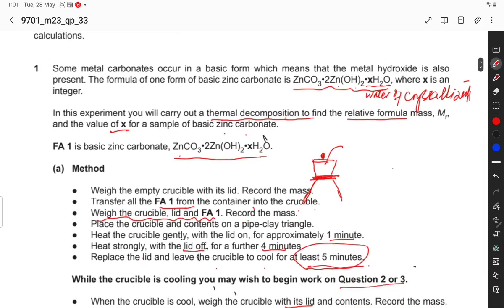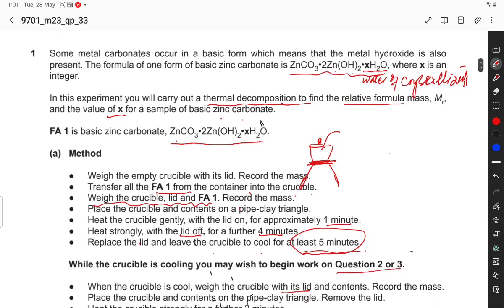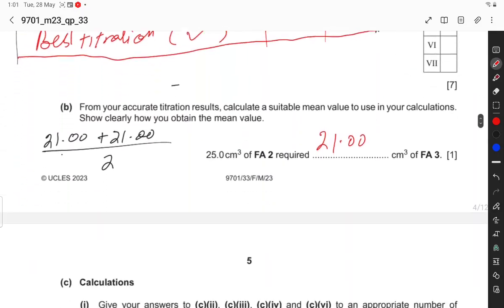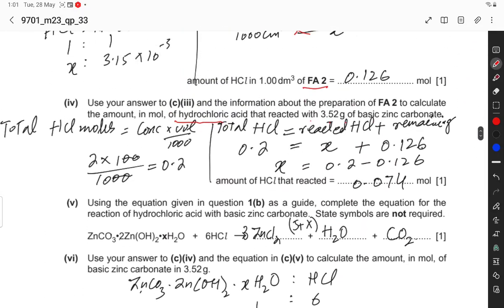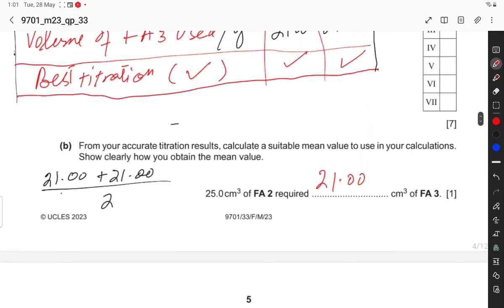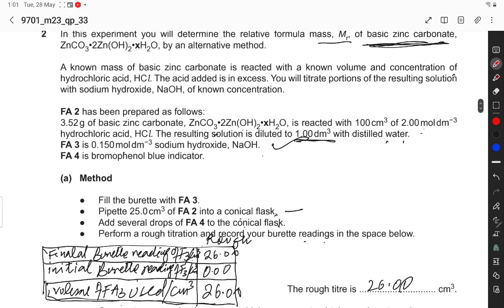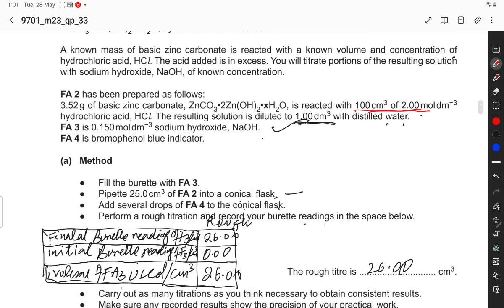When we prepare this solution, 100 centimeter cube of 2 mole per dm cube hydrochloric acid is used. The resulting solution is diluted to 1 dm cube. So that's why, first of all,